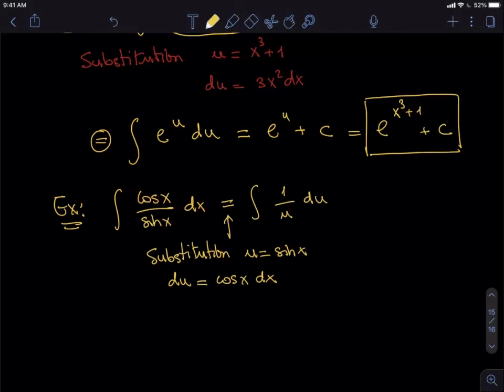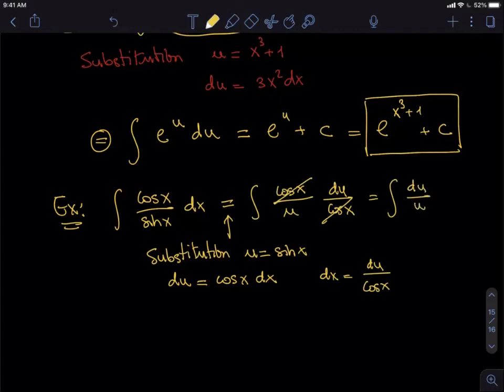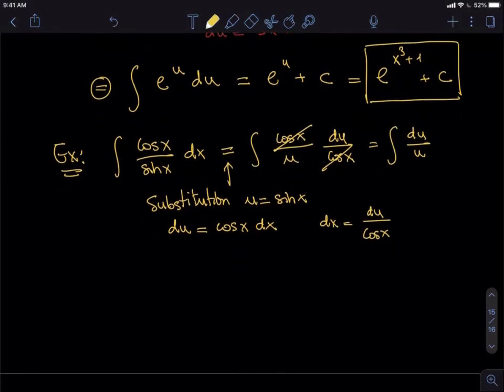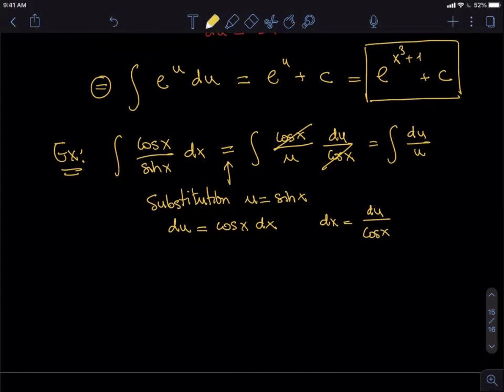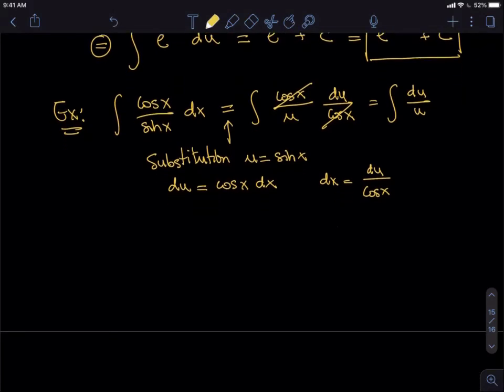If you don't like this, because you think that was too fast, there is always the possibility you can write, keep the cosine of x here as it is, then the sine of x write u, okay, and then dx write it as du divided by cosine of x. Then there is a cancellation, and what is left depends only on u. Then you know you are done. Okay, now if there are x's left, then you need to try a different substitution because that one didn't work. Okay, anyway,